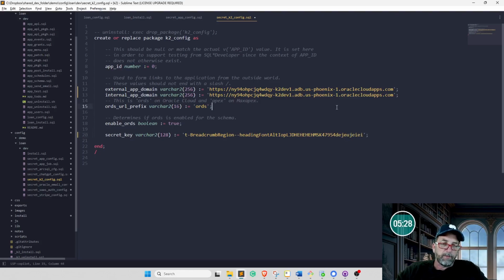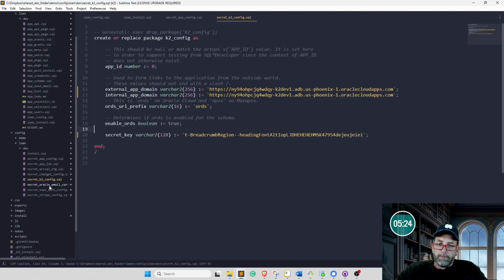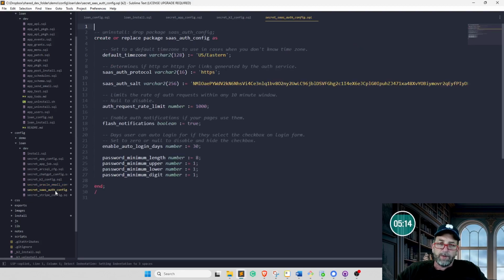All right, there's our secret key. Email config, this is what you need to run as admin to get your email working. So just do that, make sure your email works. We'll test email. SaaS auth, so our default date time zone, our protocol HTTPS, of course, our salt, which we would change. I'm not going to do too much to